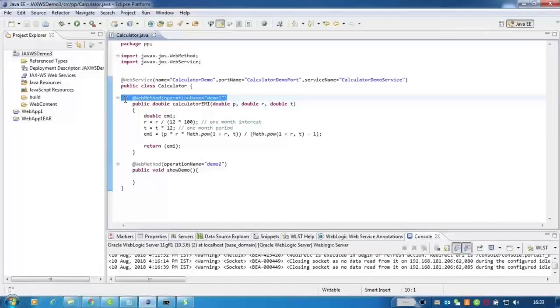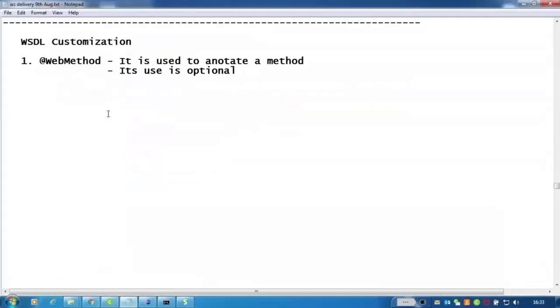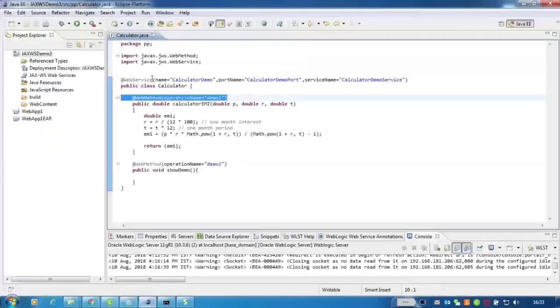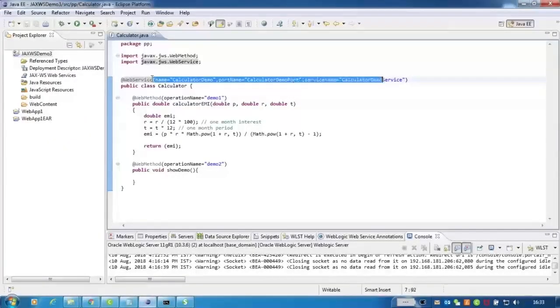Next, second in the WSDL customization, we talked about the @WebService annotation, where the port name or service name that you are going to use